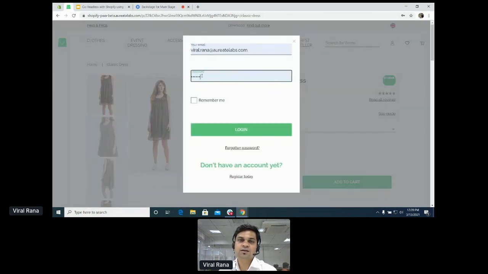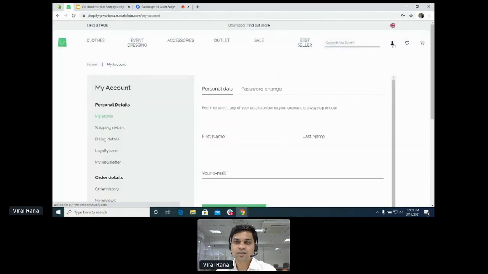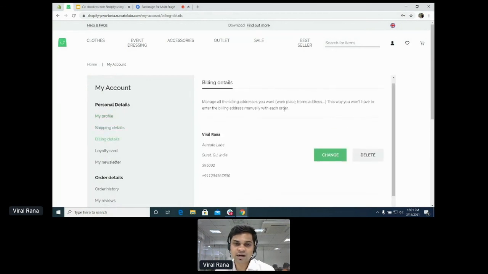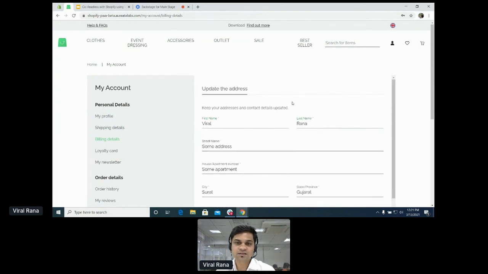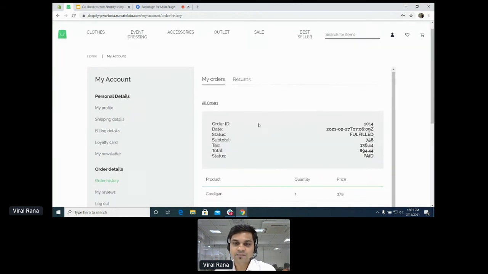And let me quickly log into the front end. So now we are logged in, and you can see on my screen that the user information is directly coming from the Shopify admin area, and you can easily manipulate it, like updating the user profile, as well as managing the user addresses. You can also update the user billing address and shipping address, and your customer can easily go through his order history and order detail.